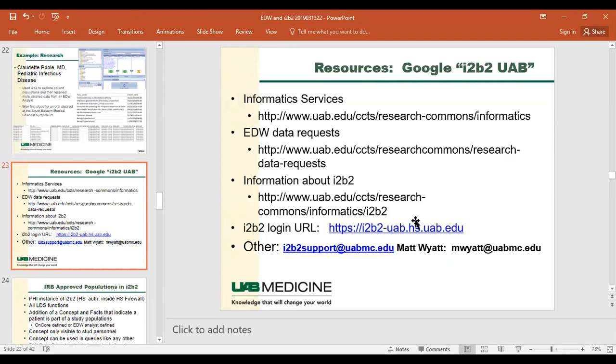We have tested the process for actually using the UAB guest user accounts, the ZIAS accounts, for access to I2B2. I would like to do a couple more policy validations before we open that up, but we do a lot of validation of education requirements to log into I2B2, making sure that you are an active person at UAB, that you are faculty or approved, and you have IRB and HIPAA training, and an acknowledgement for the appropriate use of limited data